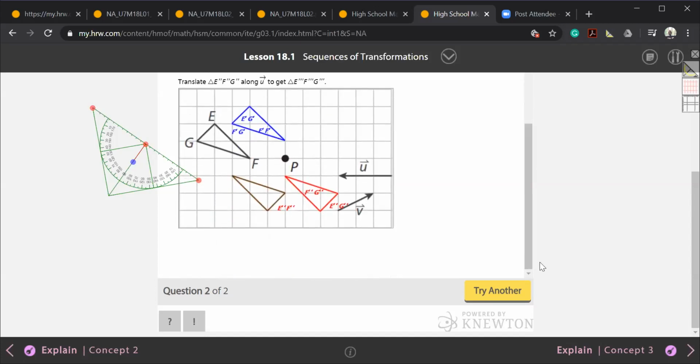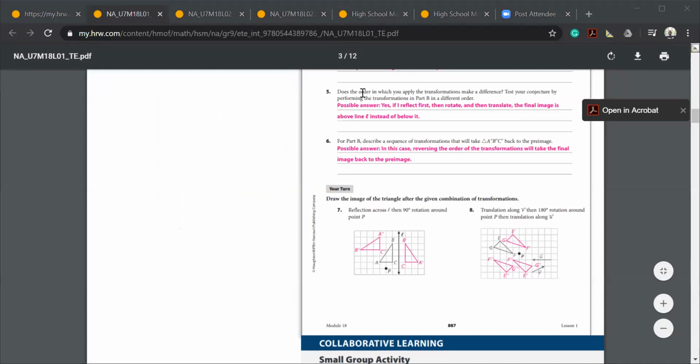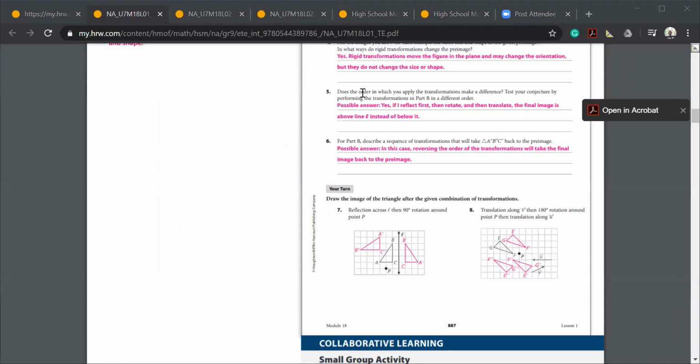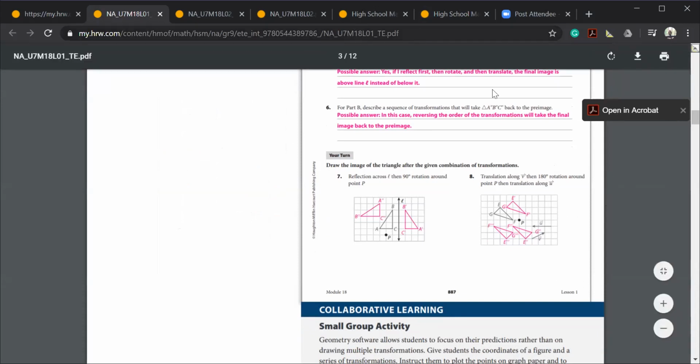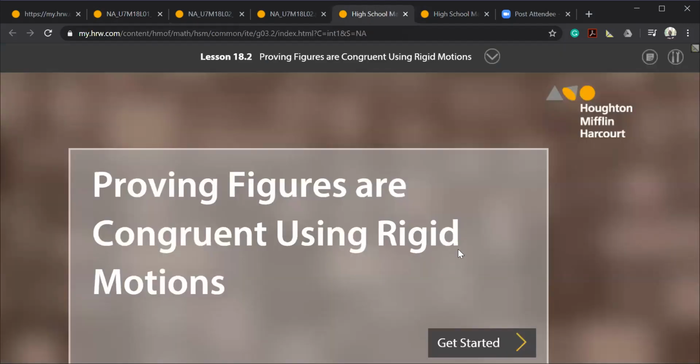So this was question 7 and question 8. If we see them in our teacher edition answer, it is the same answer as we did. This is question 7 as we did, and then this is question 8. Okay, let's go to